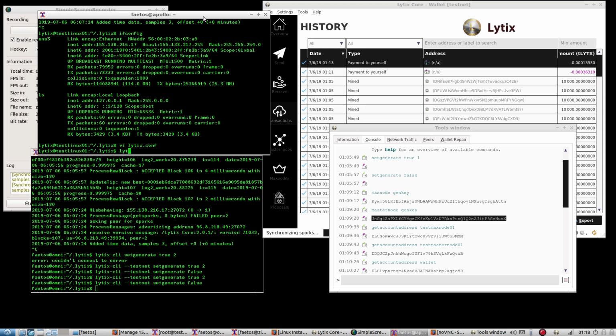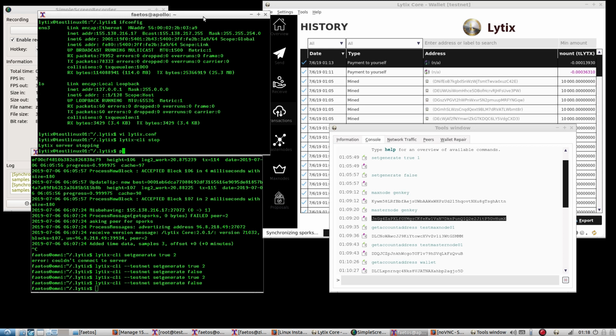So I'm going to type in lytix-cli stop. I want to find out and make sure that that process has stopped. So what I'm going to do is type in ps -eaf. That shows you the processes. If you type that in, it'll show you every single process that's running